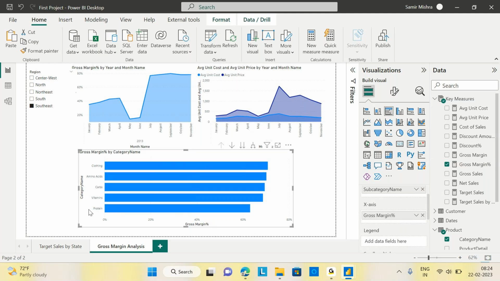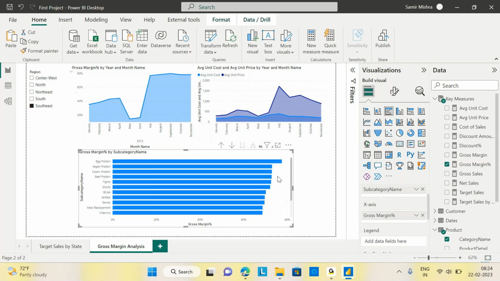Why exactly it is happening? Let's jump into the subcategory level. Category level I'm not able to see properly. It's almost seen. So let's go to the subcategory level. Just drill down. Now if you see on the subcategory level, I have different, almost similar. Just go down here. And if you see here, the last subcategory, which is called the whey protein. This is very less, right? This guy. So just click on this whey protein